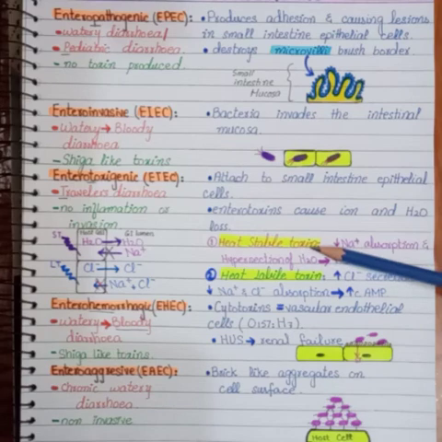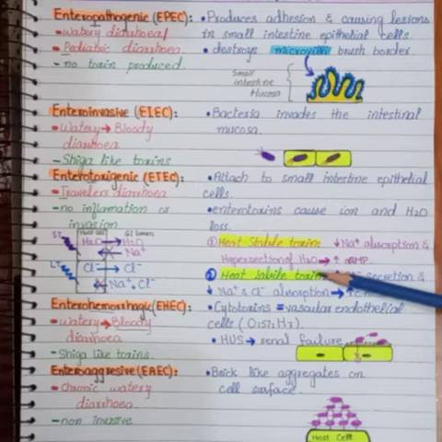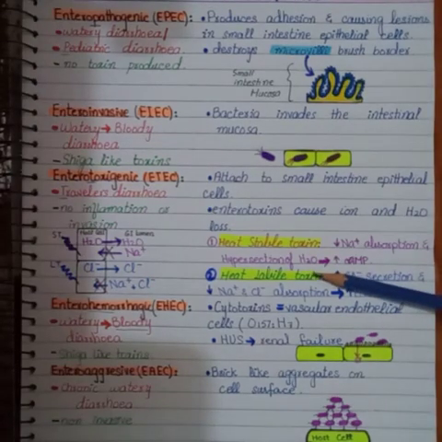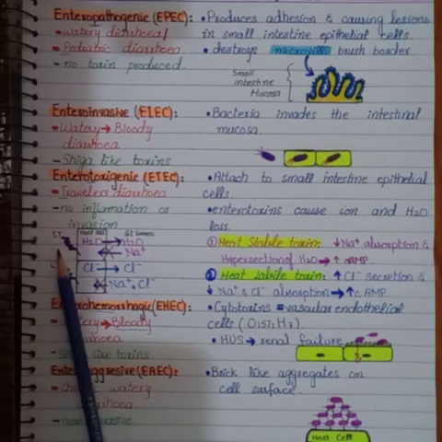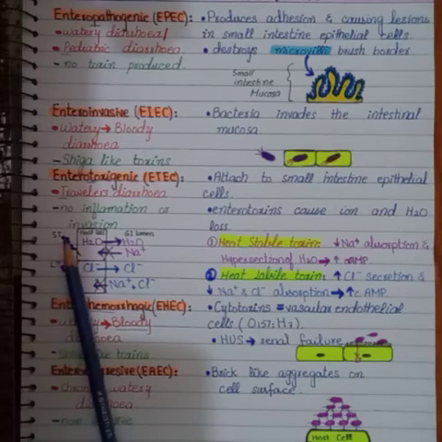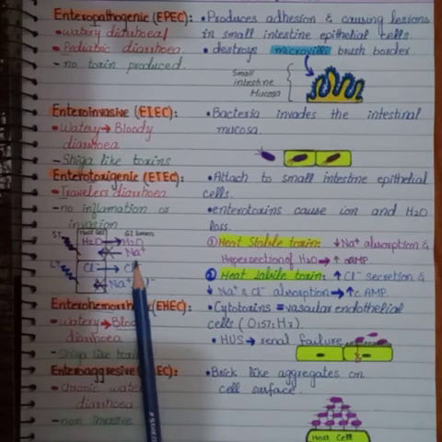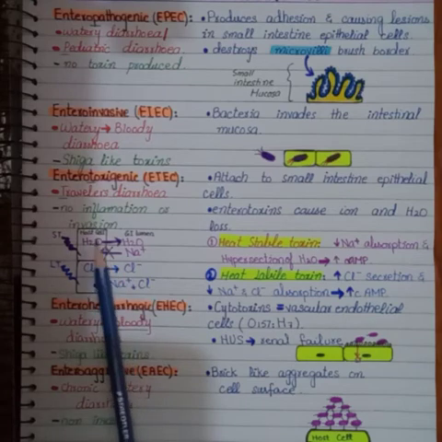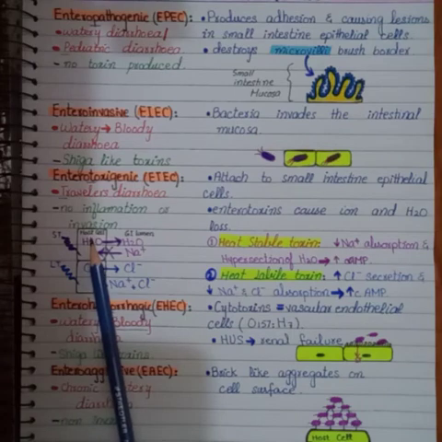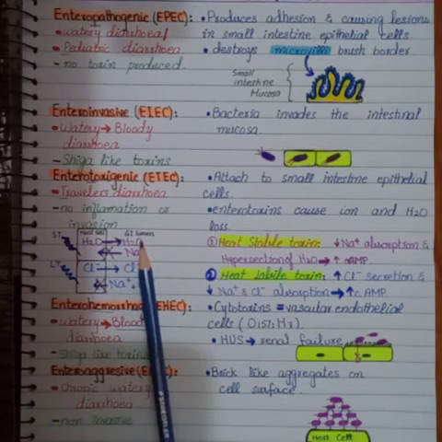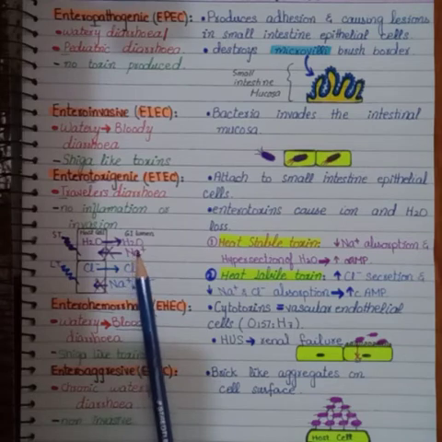The heat stable toxins will decrease the sodium absorptions and will increase the hypersecretion of the water. So in return, it will increase the cyclic GMP activity. So here we have the heat stable toxins. When heat stable toxins are active, then it will cause the decrease of the sodium absorption and the hypersecretion of the water into the lumen. This is the host cell, from host cell into the GI lumen. So in return it will increase the cyclic GMP activity.